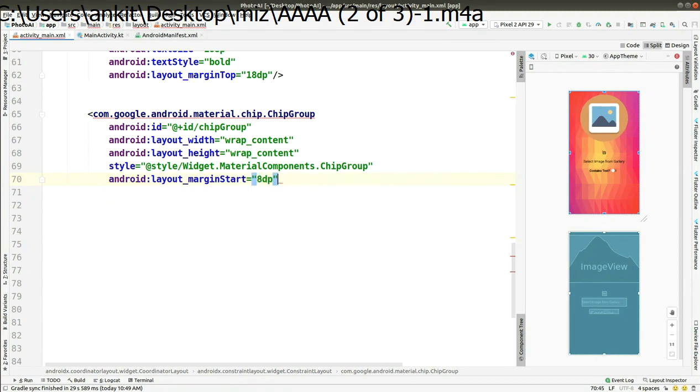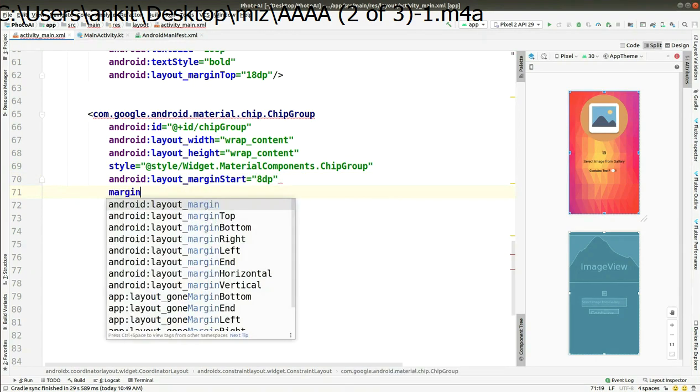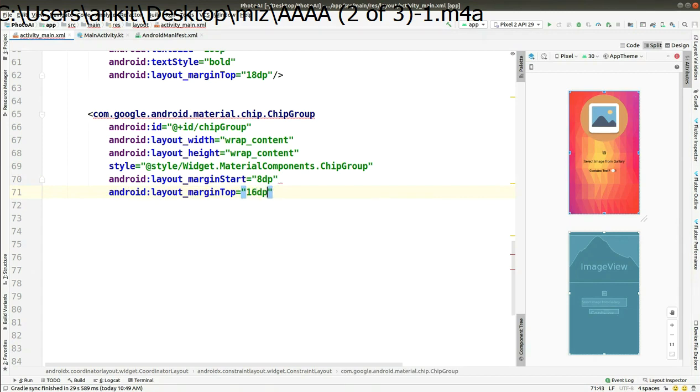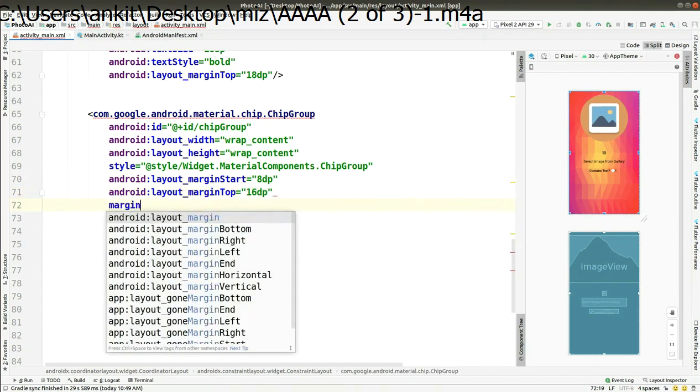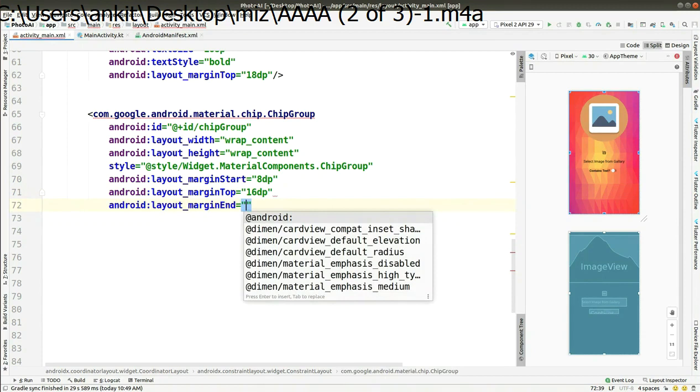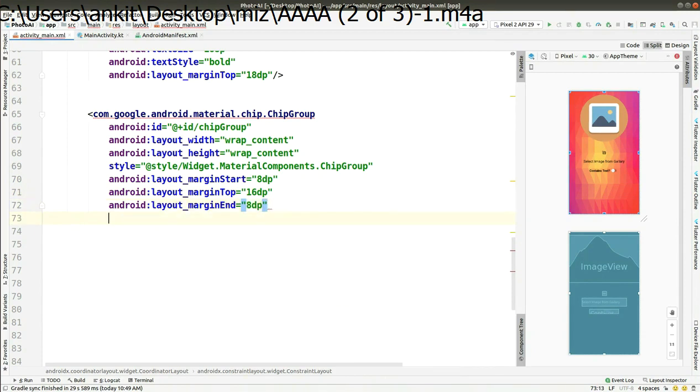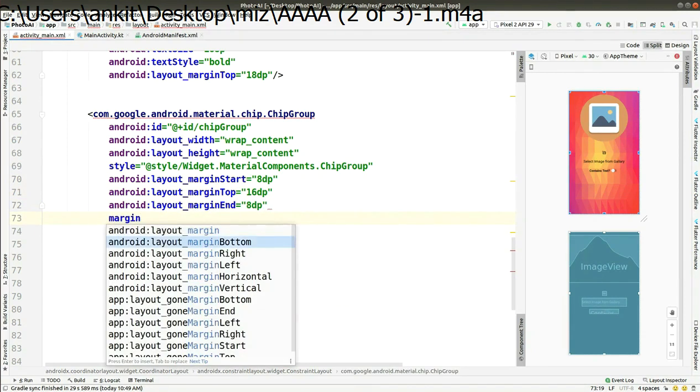So add the following properties for the chip group, as I have added the ID first as chip group, and set the margins.